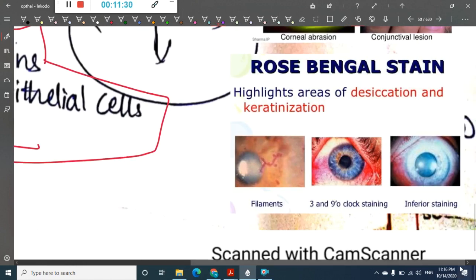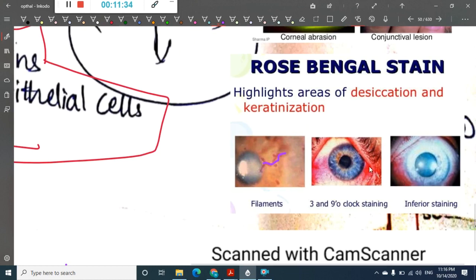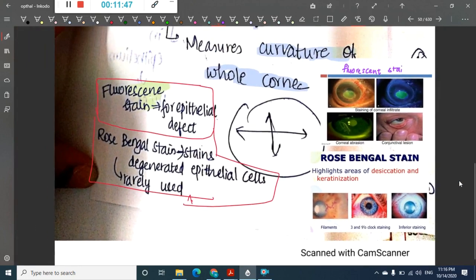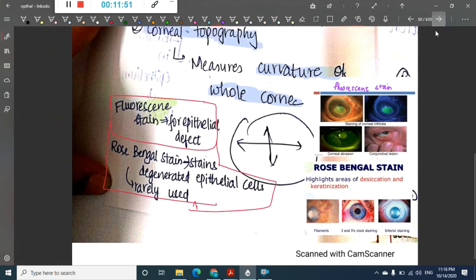Yeah, in this you can see these filaments are seen by rose Bengal stain, and all this is the stained portion, all this inferior staining. Okay, so this is rose Bengal stain, which is staining the desiccation and keratinization. Okay, then if you see next